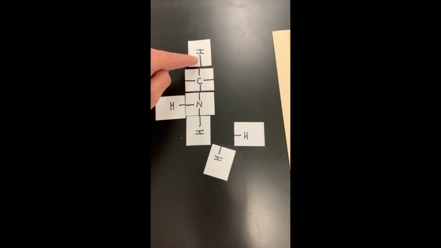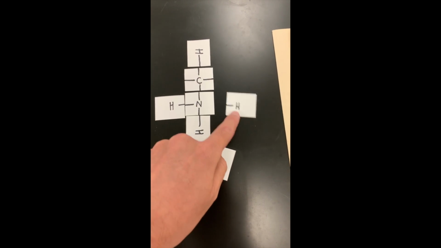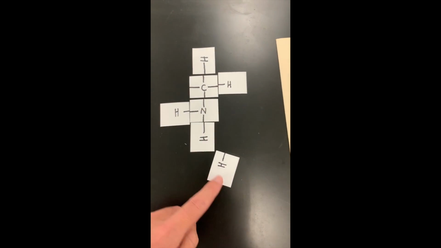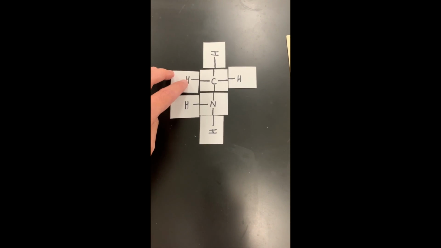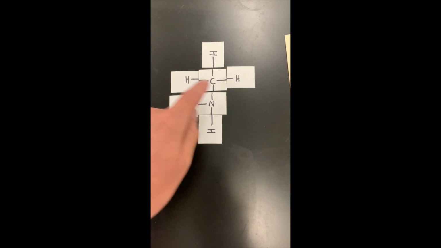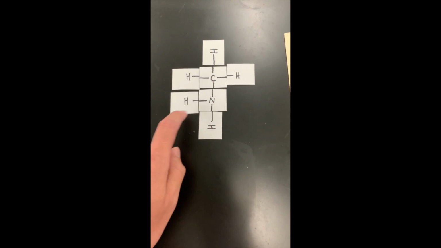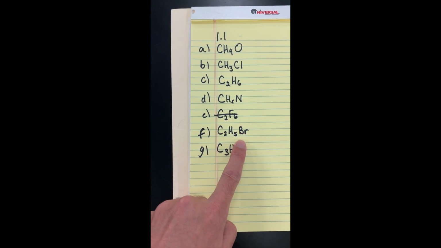And then we'll go ahead and put these hydrogens around the remaining valencies. So carbon's bonded to 4 things, nitrogen's bonded to 4 things. So that would be a valid Lewis structure. It doesn't matter if you ended up doing it like that or like that. It's the same molecule. Our next one involves a halogen,